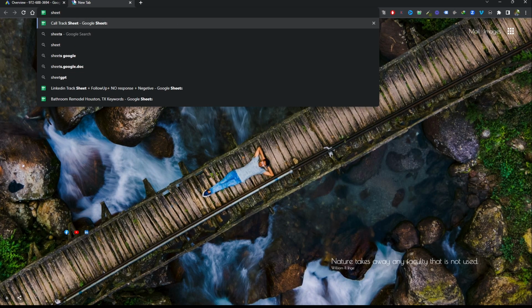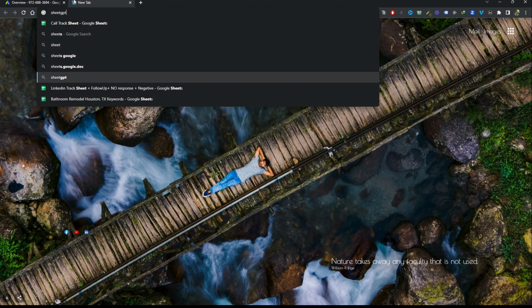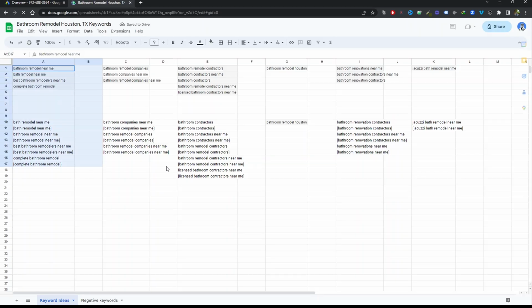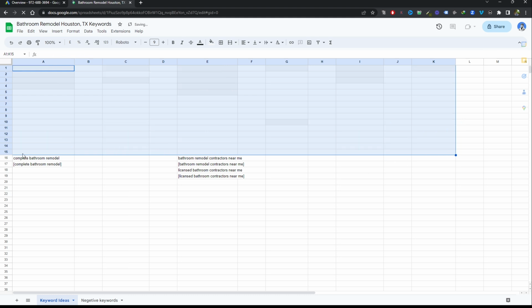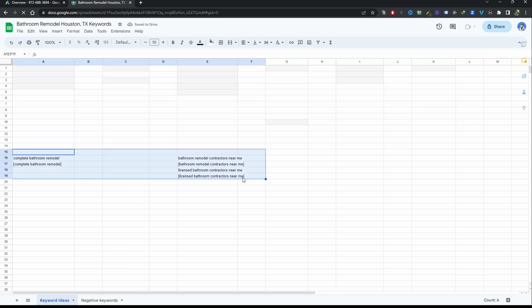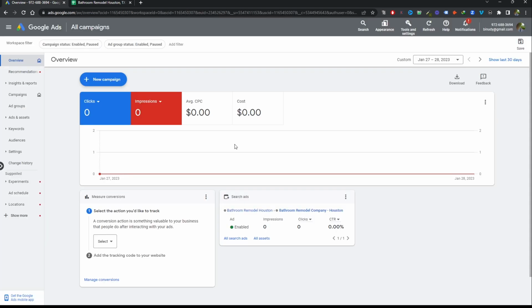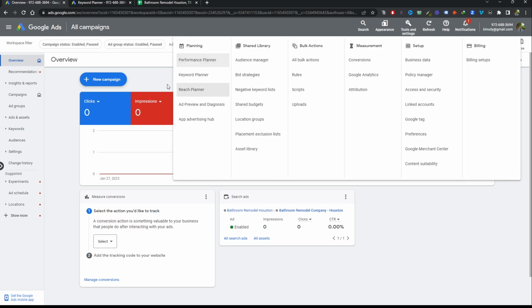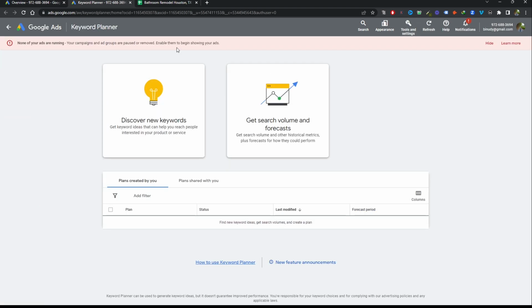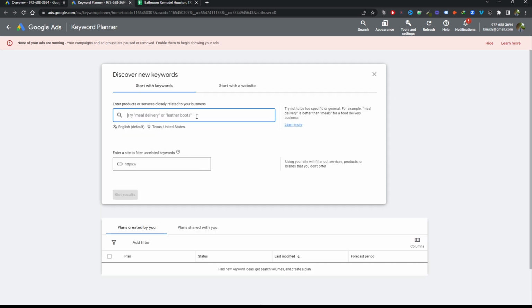Before I start this, I want to open my Google Sheet. So these are some free keywords from previous. So I'm going to delete it. Delete. We will find high intent keywords for our campaign now. To do keyword research, you need to access keyword planner. So you need to click on tools and settings, then click on the keyword planner. This page will pop up, and then you need to click on discover new keywords, and then